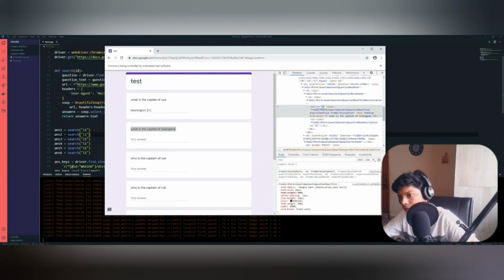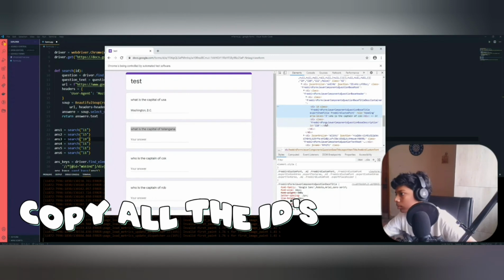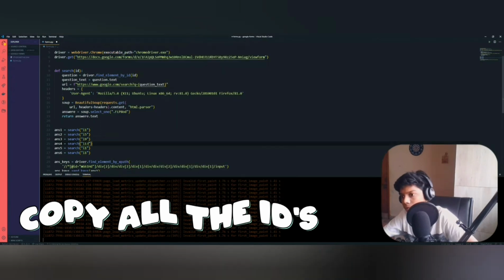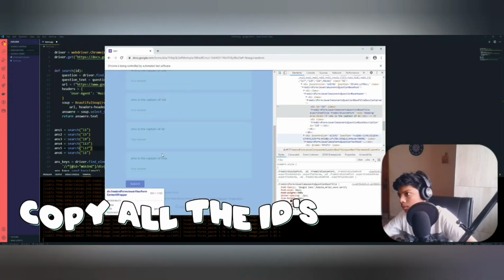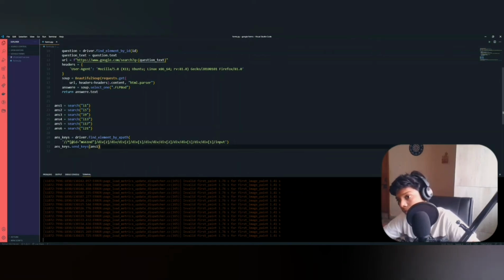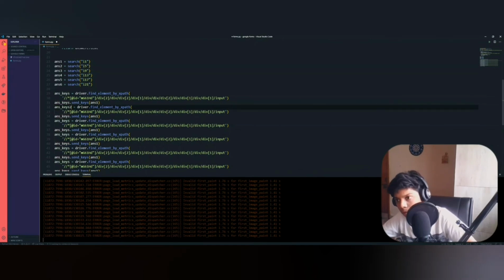So this is I5. Now we have collected all the answers for our questions, and the next thing is we have to send these answers to these blanks. So in the same way, we will need to copy these 3 lines of code and then paste it. So here this is answer keys 2.